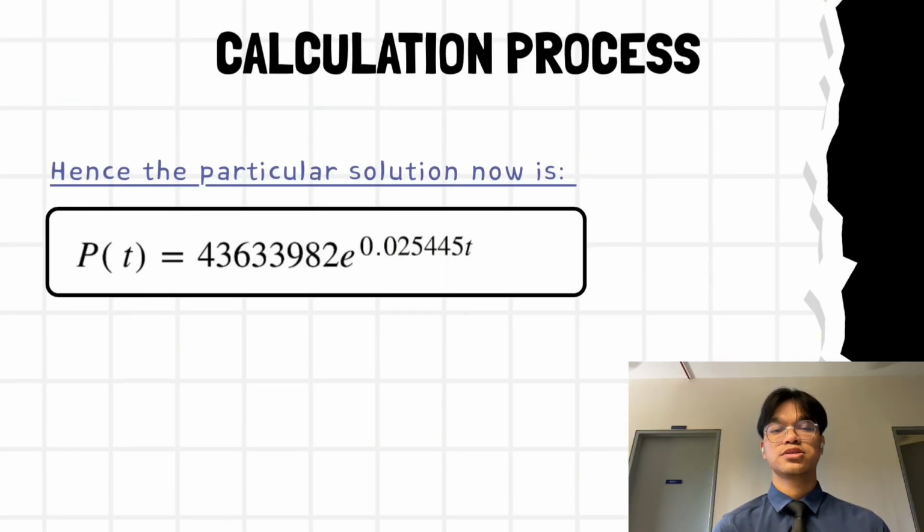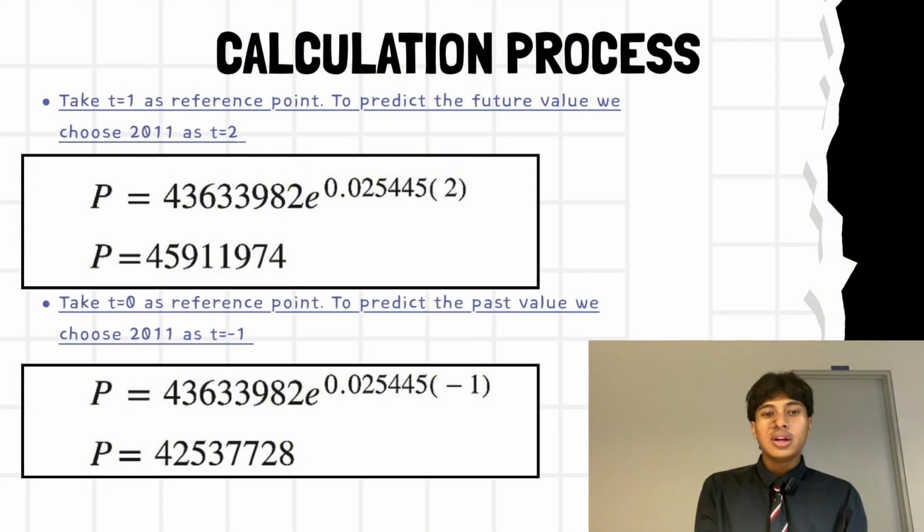Lastly, the particular solution becomes P(t) = 43,633,982 e^(0.025445t). So first of all, we take t = 1 as the reference point, and then to predict the future value, we choose 2011 as t = 2. So when inserted into the solution earlier, it will be P = 43,633,982 e^(0.025445(2)). And the answer will be P =